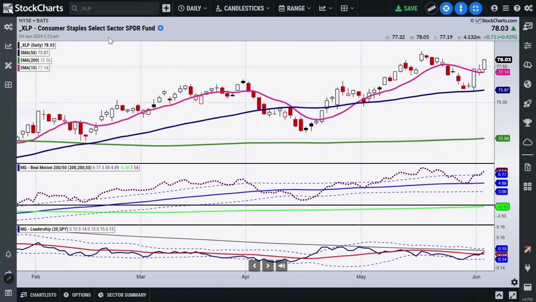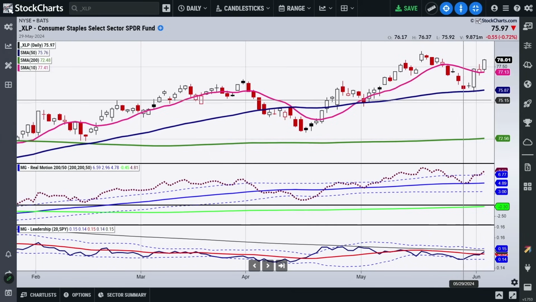Now, of course, that makes sense because in a recessionary time, people are going to buy what they need. In an inflationary time, they're going to buy what they need. So this is kind of getting us prepared economically for either scenario, maybe stagflation or maybe recession. And obviously, if the whole market gets dragged down, we know there can be an overall liquidity crunch. But if this maintains itself, then right now, I would say you're looking at around 77 to hold, maybe a little bit lower than that.